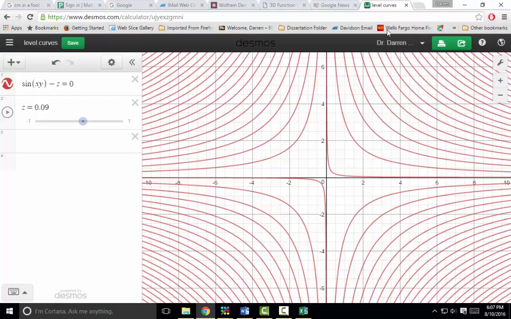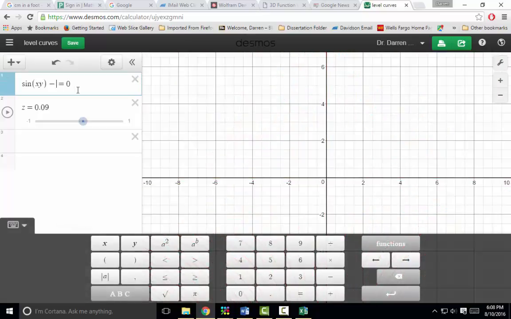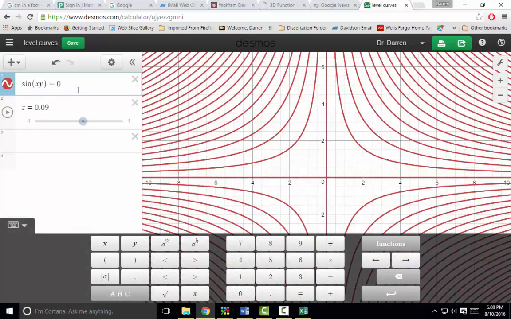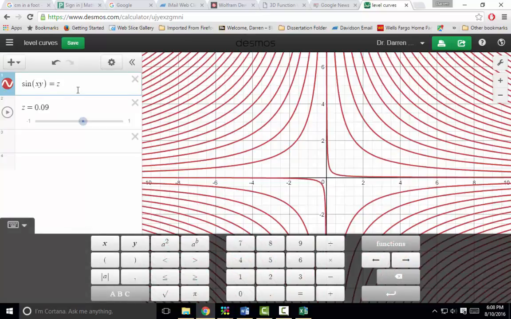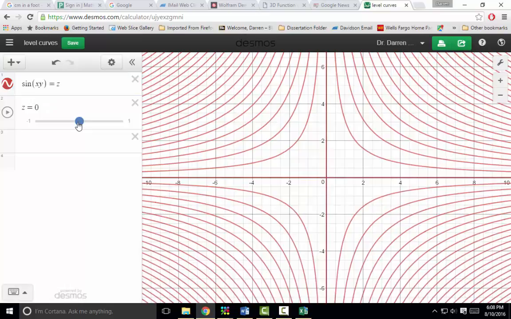All right, these are the level curves for sine of xy. Now, I do want to point something out, but I just interrupted myself. You can't write z equals sine of xy in Desmos. It'll freak out and it'll say, I'll show you what it says. If I try and put that in, and I go z, it let me. That's crazy. Last time it did, so ignore what I just said. All right, now here's the coolest part. Watch. As I move z around,